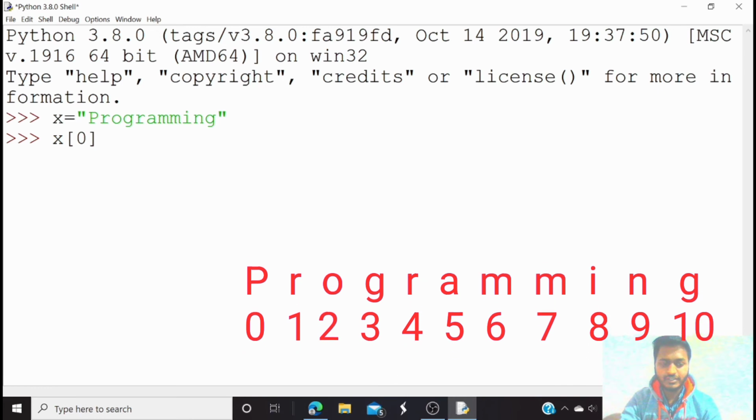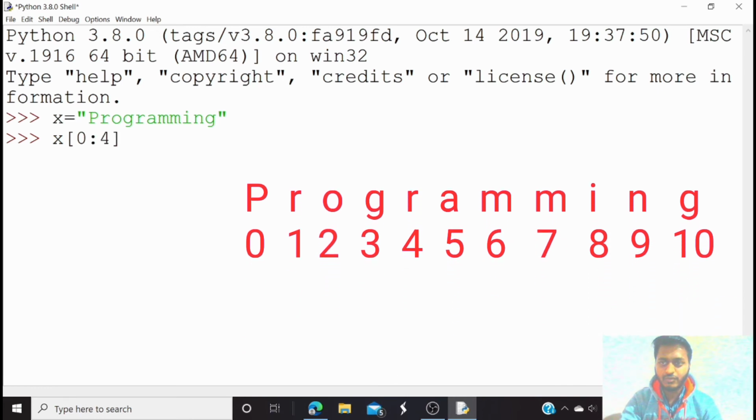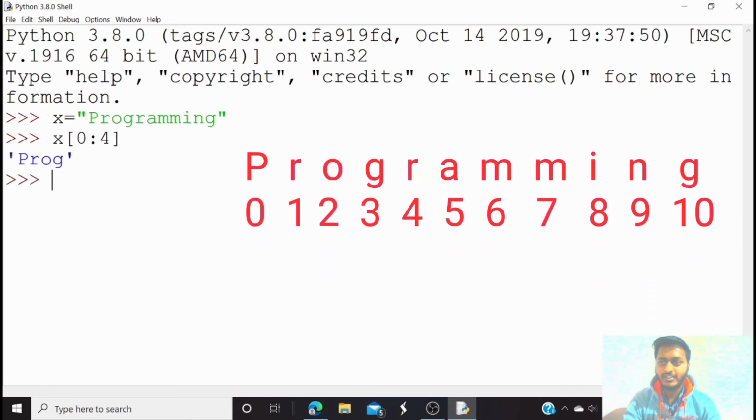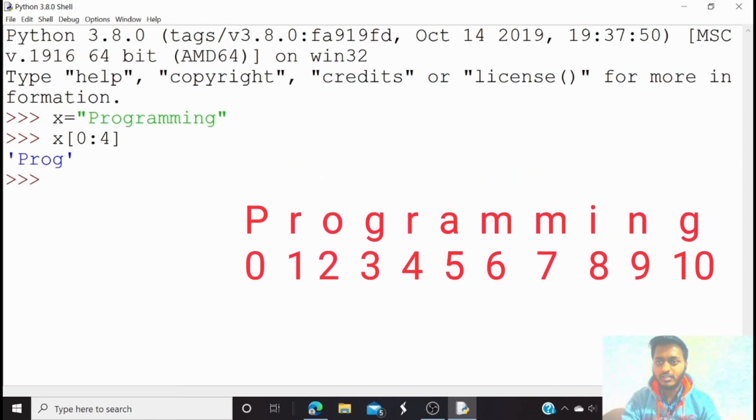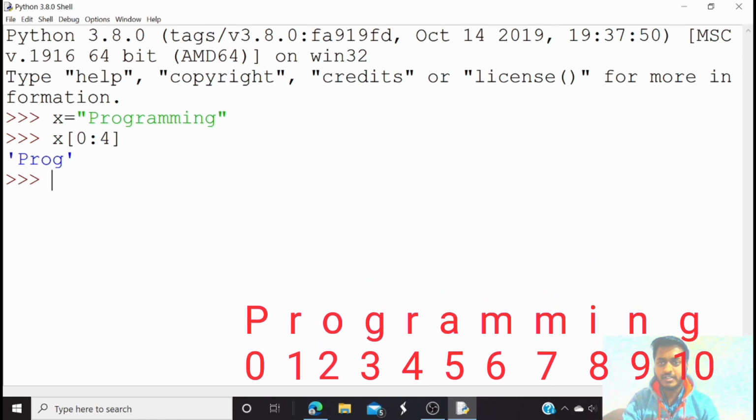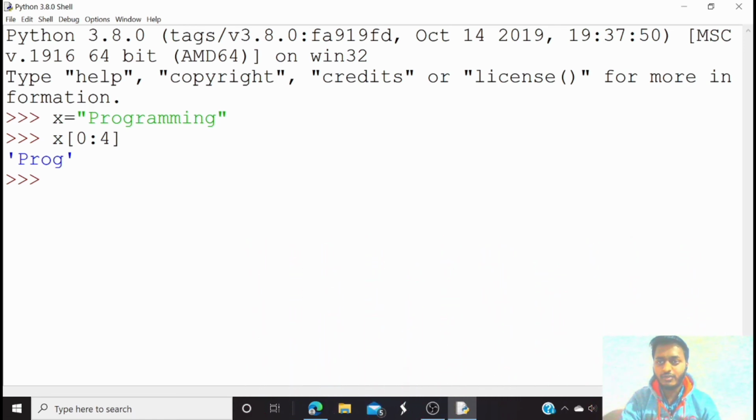If I am giving 0 to 4, here you can see prog, P-R-O-G. P has the 0 index, R is having 1, O 2 and G 3. Here it excludes the value of the fourth index. It is just giving the 0th, 1st, 2nd and 3rd values.